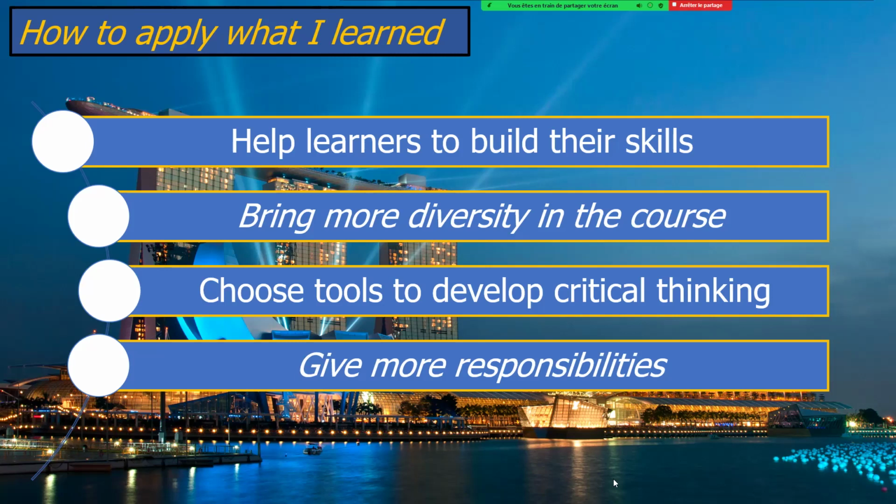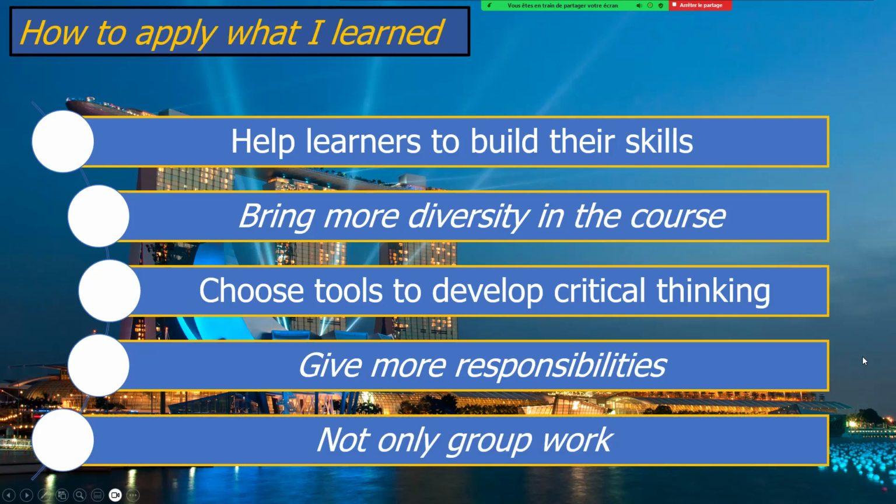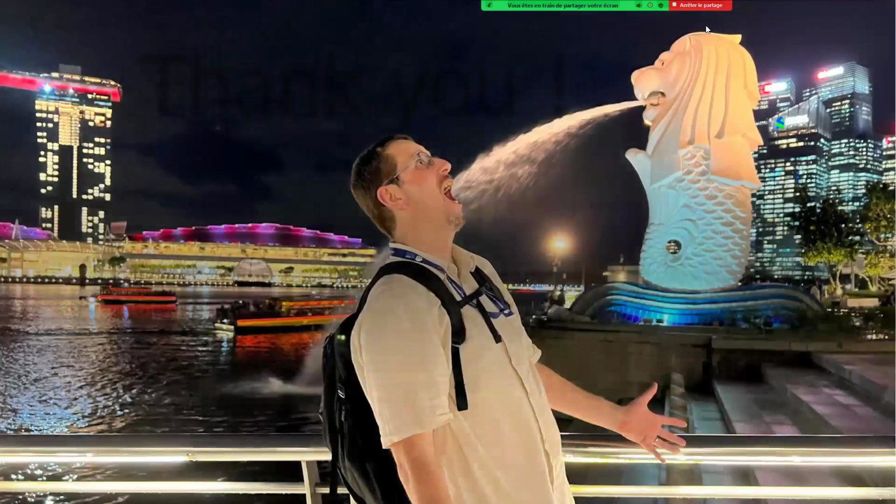Change tools, not always be seated, move, talk with different people, be free to move in the classroom also, and not always sit, because when you are always on a seat, on a chair, the blood is not moving a lot, and then you become tired and you can't concentrate. So it's important to move a lot and to give them more responsibilities also, and not only to do group work, because if you do only group work,